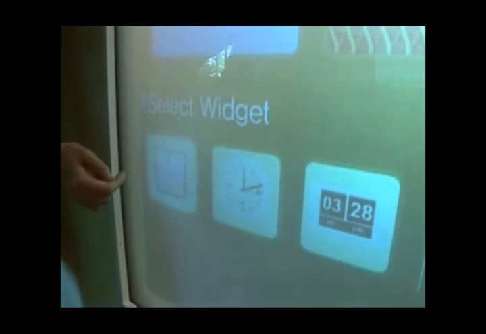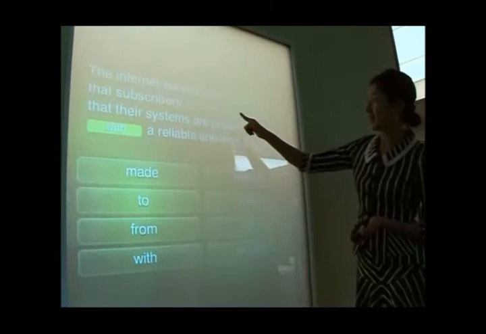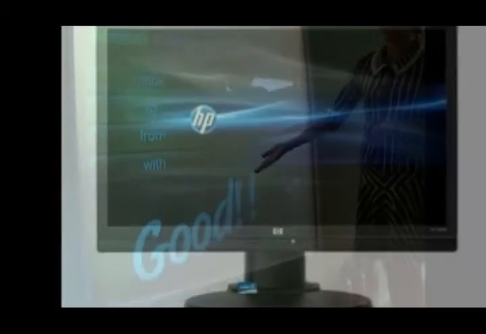There are even widgets, the world's flattest flat-screen television, and on-wall games and language lessons. Its creators